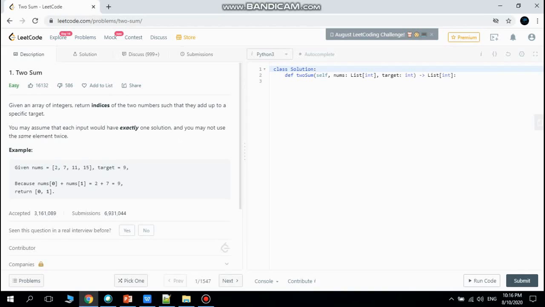First of all, I have two ways of solving it. First I will show the best approach, then I will show the not so best approach. It is a basic approach which even a beginner can solve. The best approach has a time complexity of order n, whereas the not so best approach has a time complexity of order n square. So before doing the solution, let's jump to the math behind it.